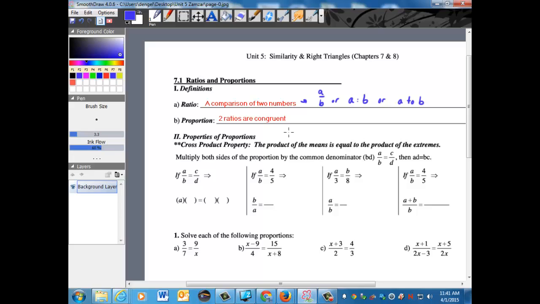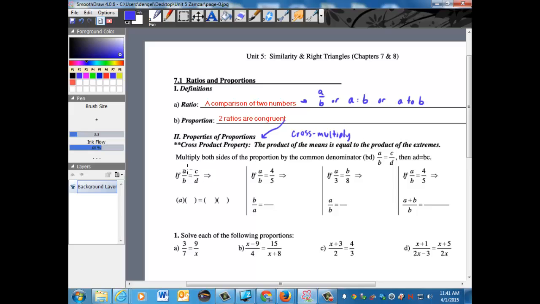A proportion is going to mean that two ratios are congruent. And what this is actually leading to is this cross property, or this cross product property. Now this is just a fancy way of saying cross multiply. Okay, and so we have done that time and time again in algebra 1, 2, in pre-algebra. And so if you were shown